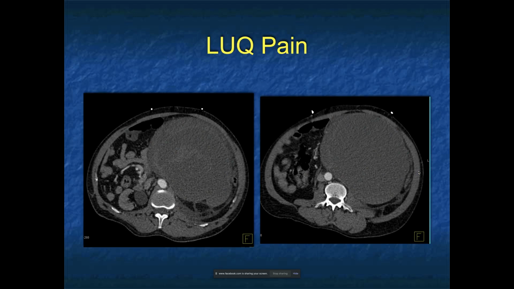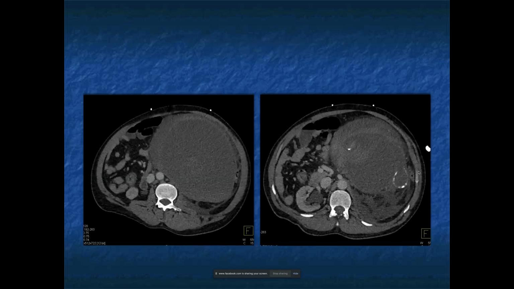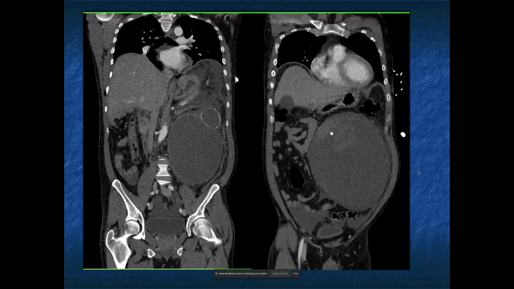Look at this one, another big mass. This looks kind of cystic with maybe some solid component, has calcification. You don't see the patient's kidney, the left kidney. So you worry, is this just like the last case, an MCN? Could this be a pseudocyst from pancreatitis? Could this be a cystic mass that bled? What could this be? There's a whole bunch of stranding to the left upper quadrant.